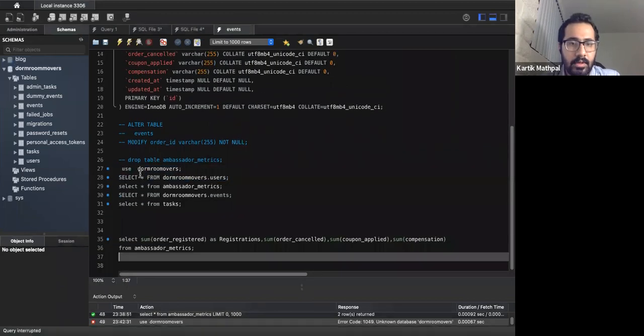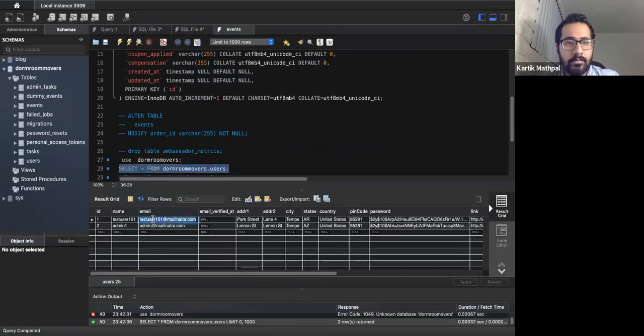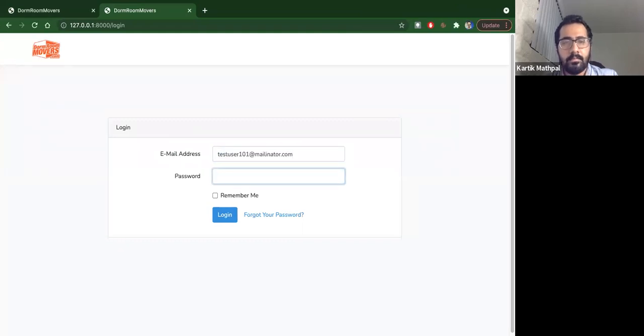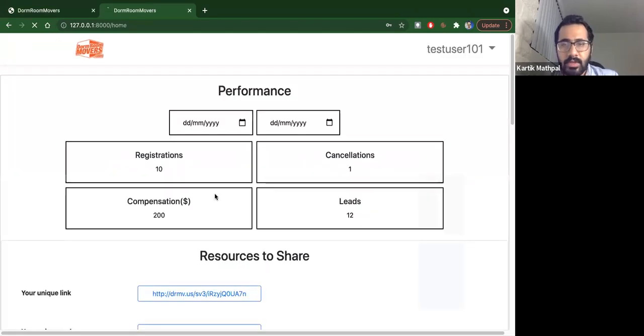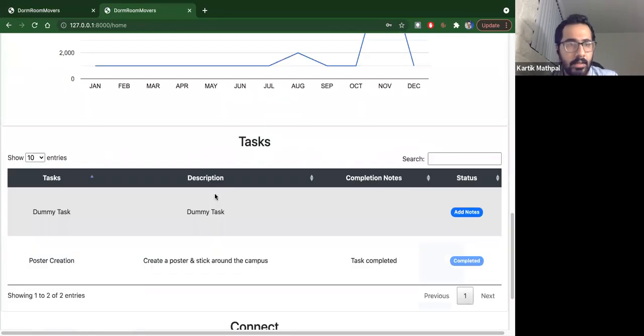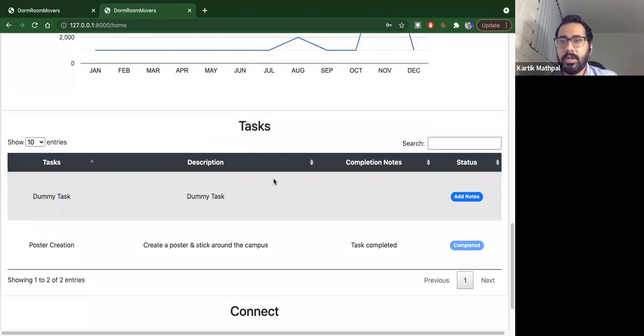So we should be able to see the task created by the admin over here also. And then the ambassador can take the necessary actions for this particular task.